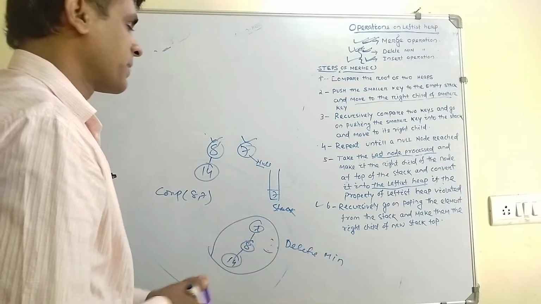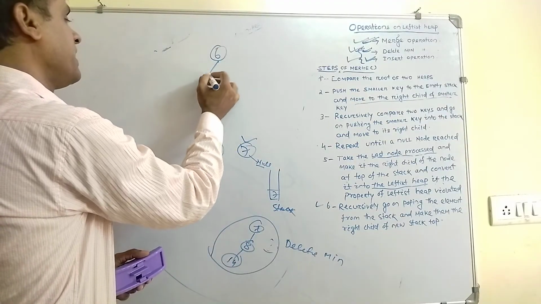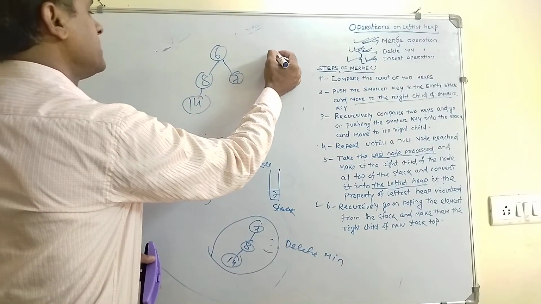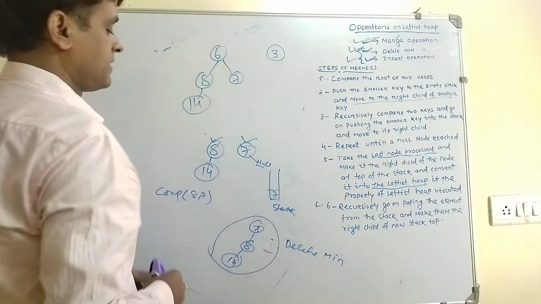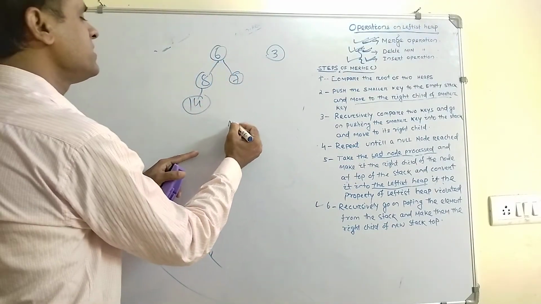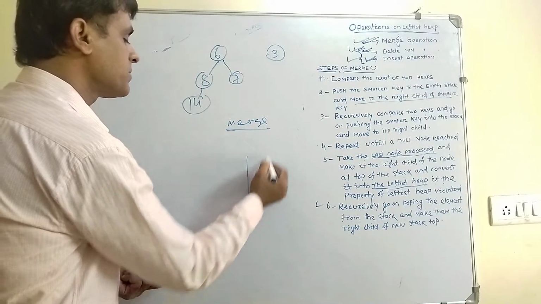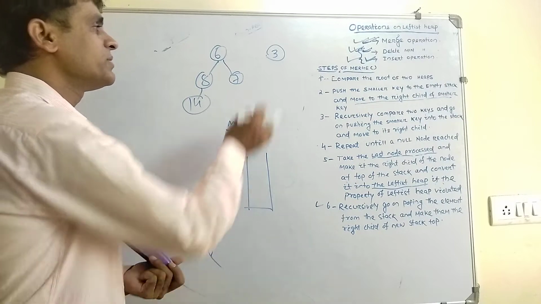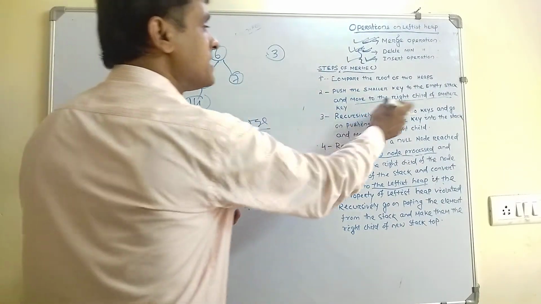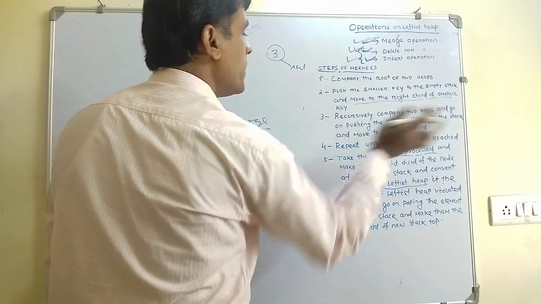Now the insert operation. Suppose you want to insert into a heap. Suppose this is your 6, 8, 7, 14. Now you want to insert 3. Now you tell me, if you want to insert 3, again you have to merge these two. So the same merge operation. What is the same merge operation? You have to take a stack. You have to check the root. Who is smaller? Go to the right child of the smaller. Right child of the smaller is null. Repeat until a null value is reached.